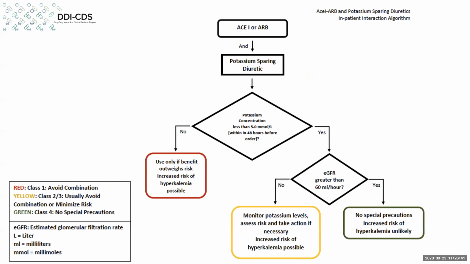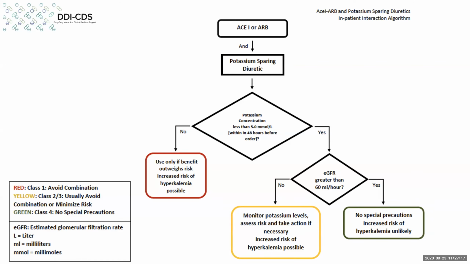What we've tried to do in this study, and the whole purpose of Dan's grant, is to develop some algorithms that help to understand and classify the parameters which increase or reduce the risk to patients of developing adverse effects from these potential interactions. Those of you who've seen our webinars before are familiar with the way we've set these up, but this simply is an algorithm which passes down through a patient receiving an ACE or ARB, who then gets a potassium-sparing diuretic.